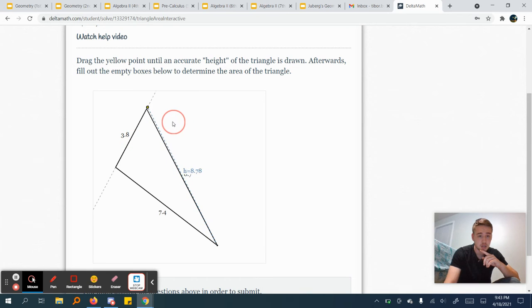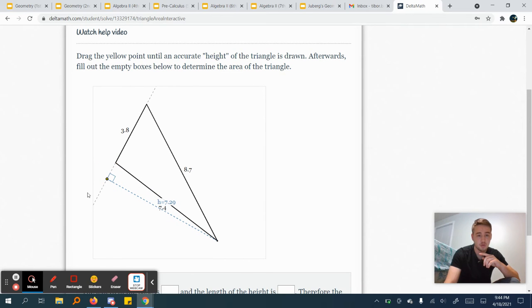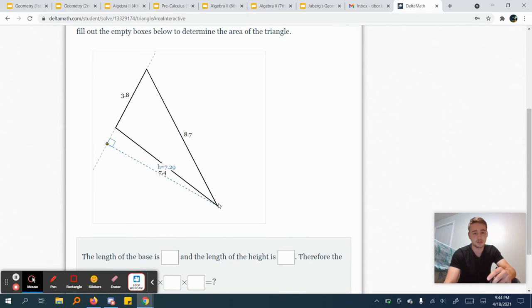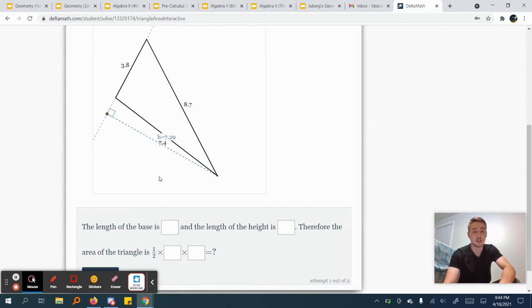Let's see. What is the accurate height going to be? That is going to be where there is a right angle between the base of the triangle, which is really any side, and the third vertex. So if you draw this straight down, we're going to hit here, go across, then the length of the base